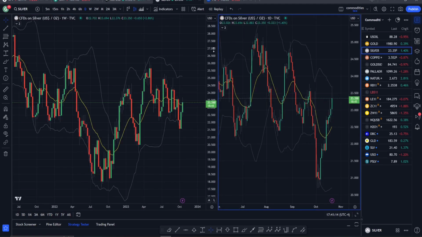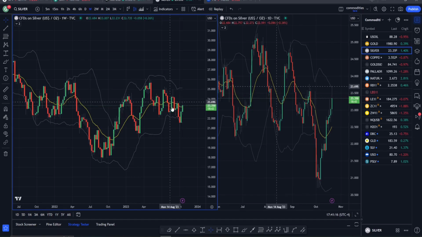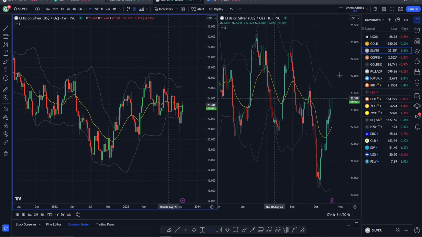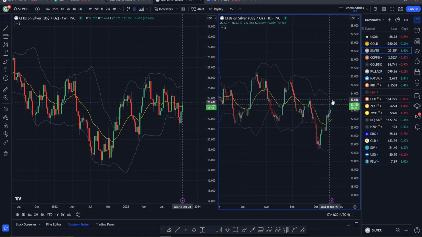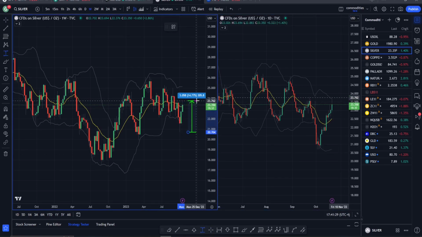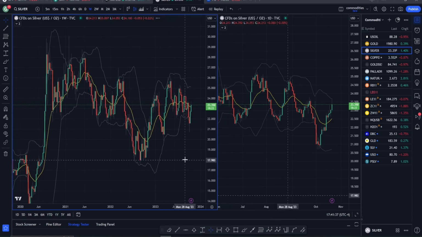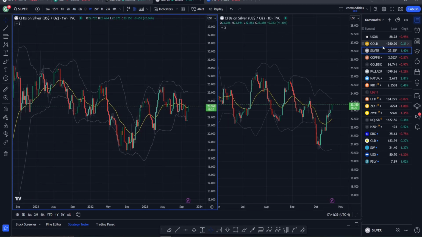Turning to silver, another big green week here in silver, as you see, getting back above that weekly midline, which is bullish. If you do look here at the daily chart, as you can see, wicking off that upper extreme on the daily. Obviously, silver not nearly as strong as gold. We can pull the percent gain here in silver as well, looking at about a 15% gain, or 14.3% gain here on silver. Obviously, a larger percent gain, but looking at the chart, that move in gold did look a lot more significant.